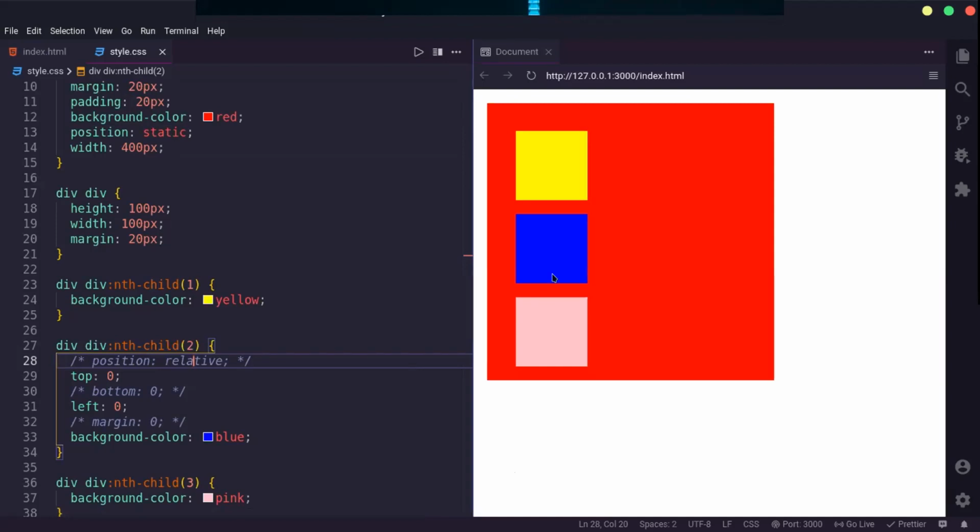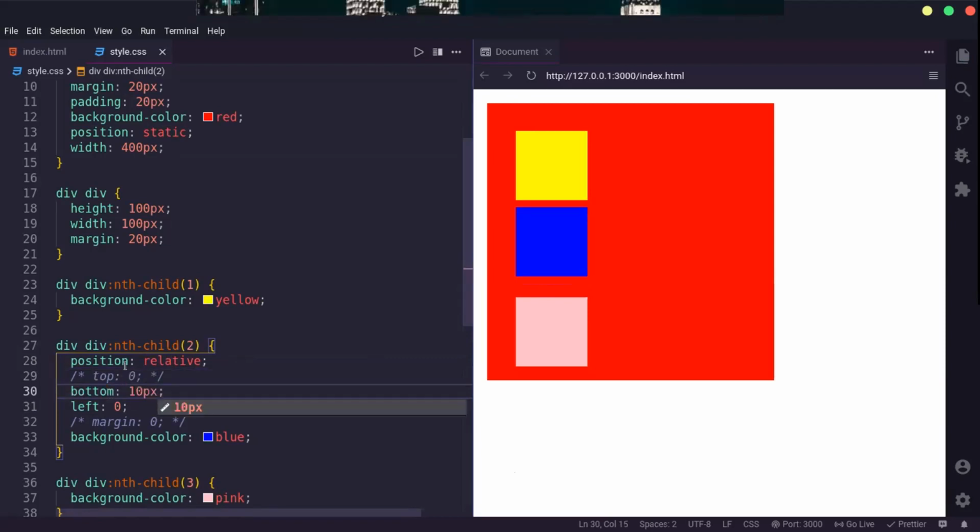But if I want to move it 10 pixels from the bottom, I can set position as relative and bottom as 10 pixels.